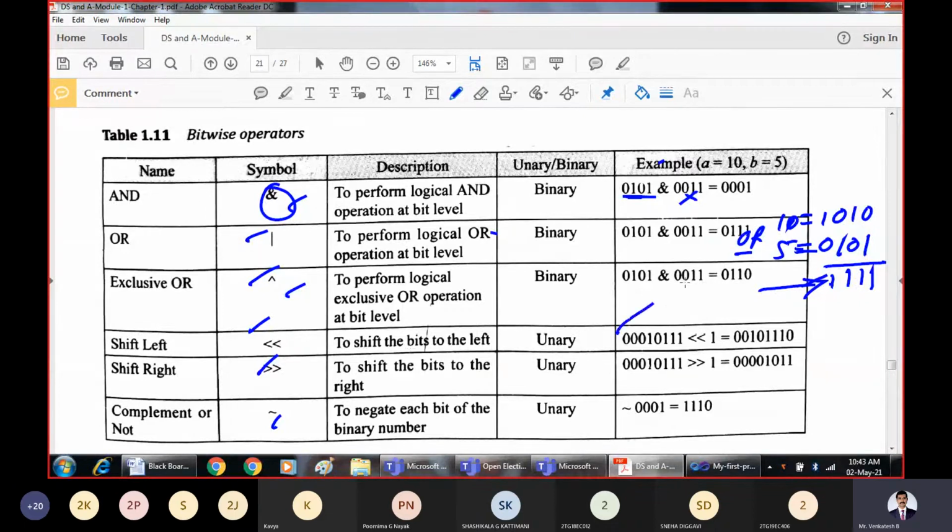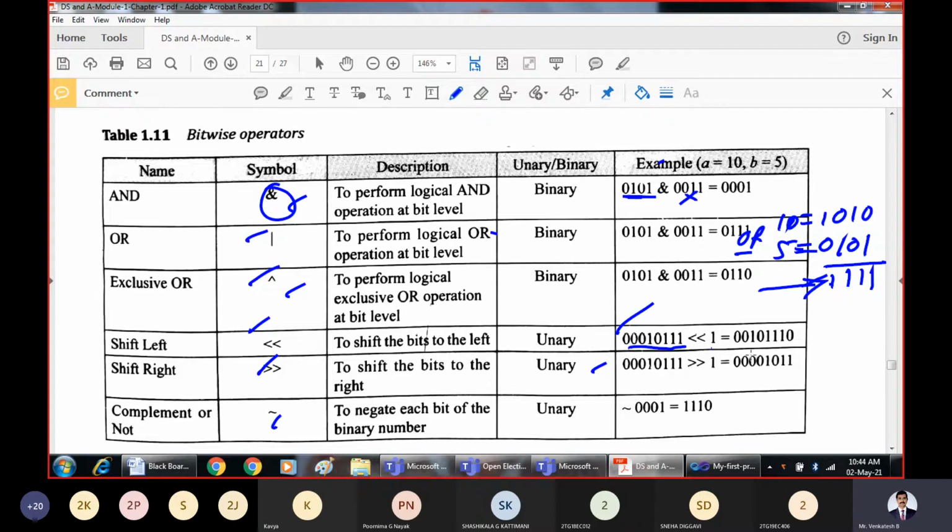Similarly, left shift shifts all the bits to the left by location 1, and right shift shifts all the bits to the right by location 1. Here is how the left shift works. These are the existing bits 0001 0111. If you left shift the bits by location 1, all these bits will be shifted to the left by location 1, and at the right side 0 will be added.